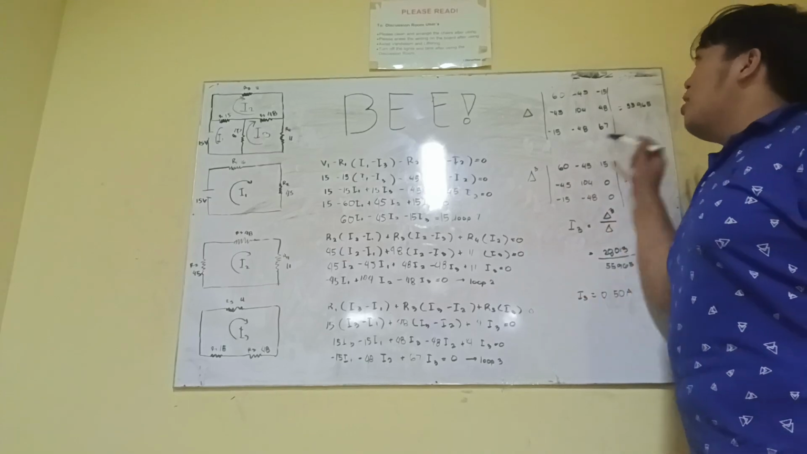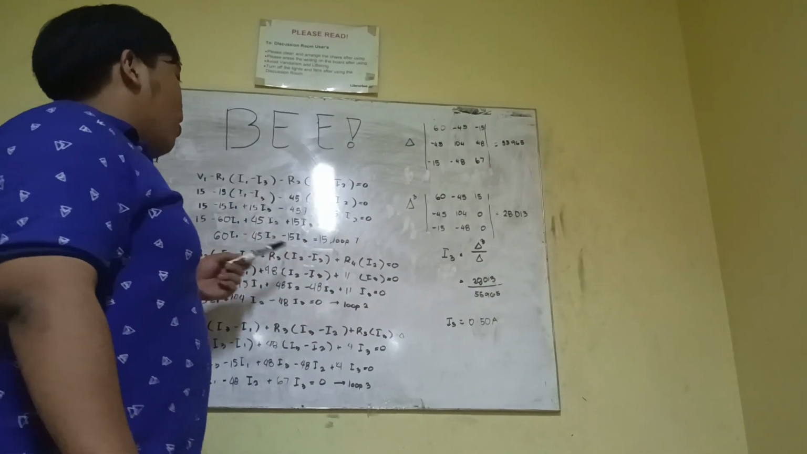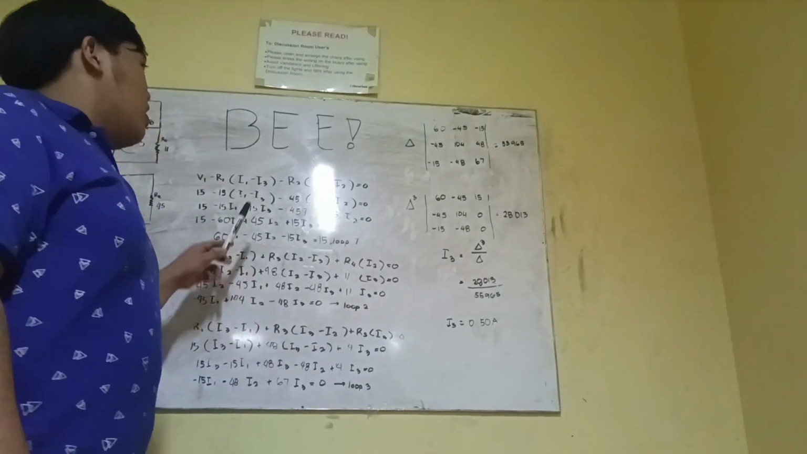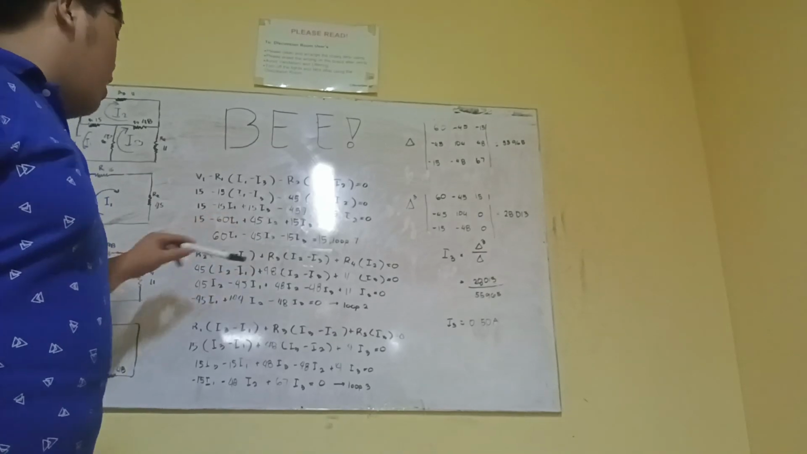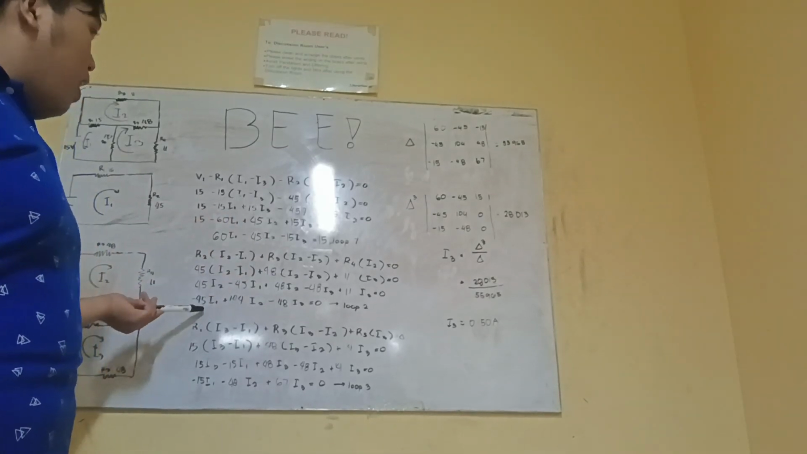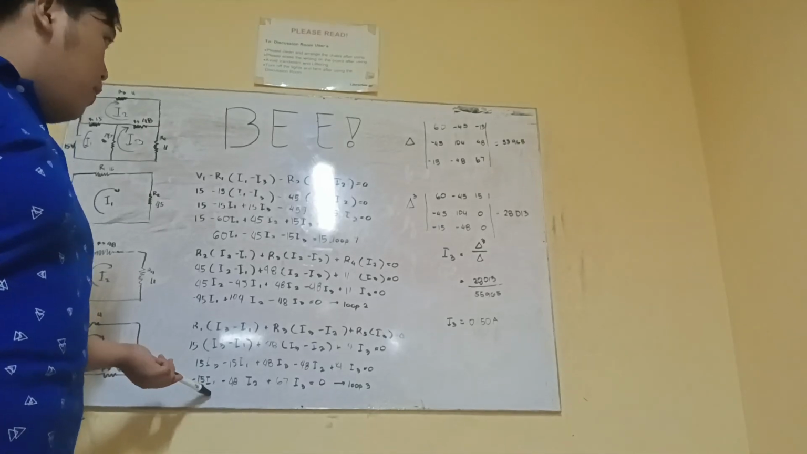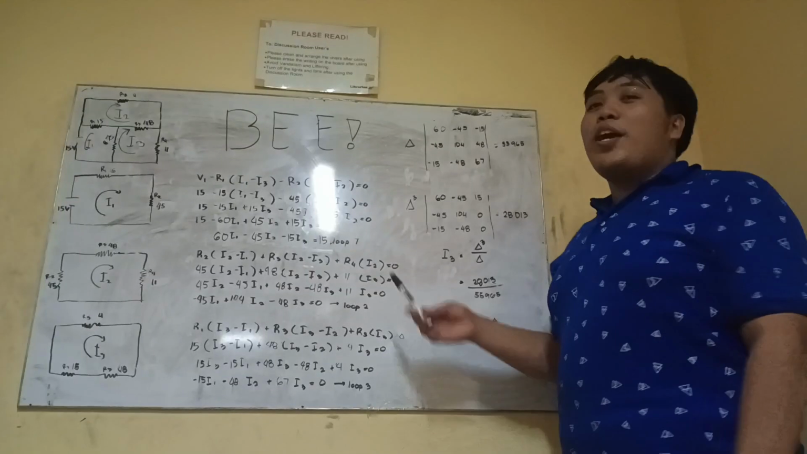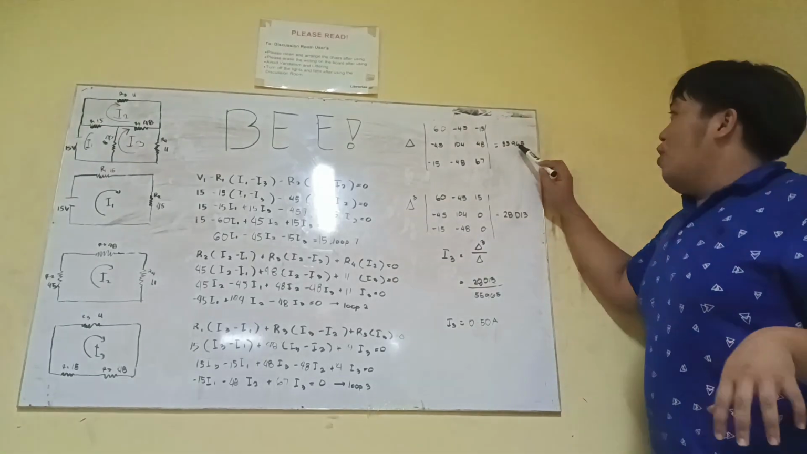So let's proceed to the matrix. We're going to plug in the values from loop 1, loop 2, and loop 3. So in loop 1: 60, negative 45, negative 15. In loop 2: negative 45, 104, negative 48. In loop 3: negative 15, negative 48, and 67. So you're going to plug it in your calculator, then you will arrive at the answer of